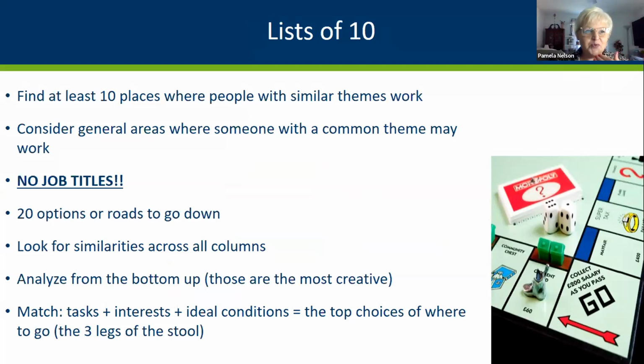I don't know how to segue between mind mapping and Monopoly, but we all remember the saying with Monopoly. How does that go again? You can't pass go, you can't collect $200. So when we're doing all of these kinds of things and something's not lining up, it's not making sense, it doesn't really fit,